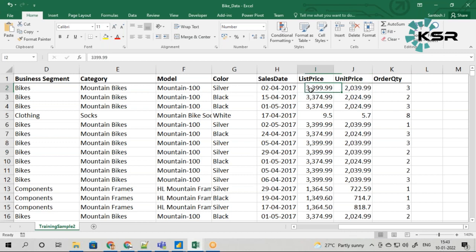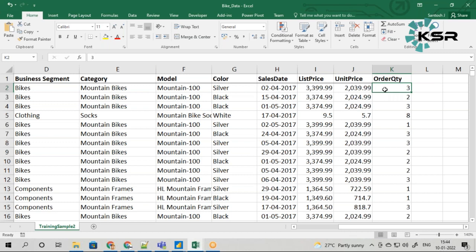List price is basically the MRP mentioned on the product, which is the price they are selling at. So per day, how much sale they have made: unit price into order quantity will give us the cost, and list price into order quantity will give us the sales. Just subtracting these, we will get to know the profit.